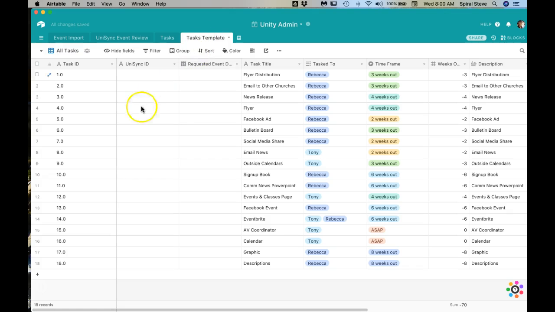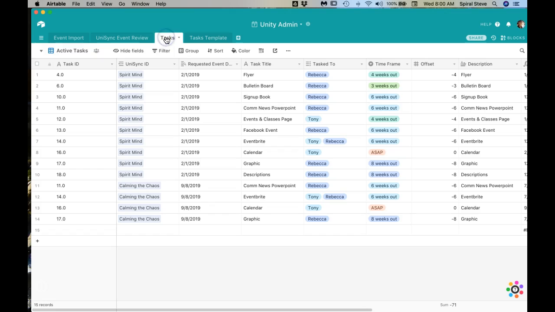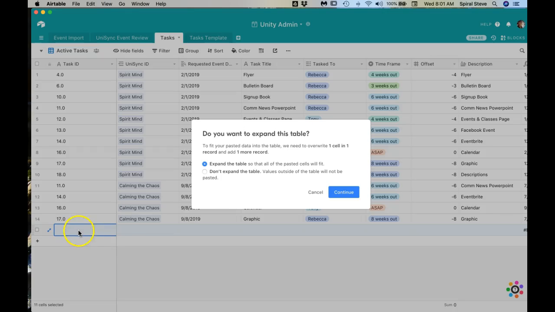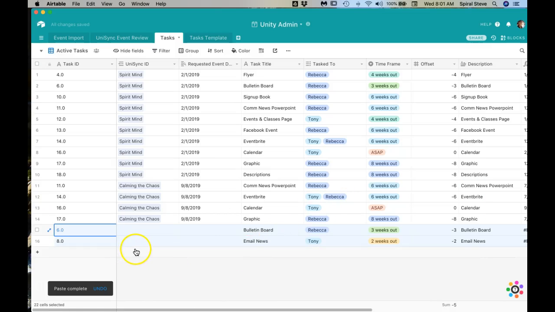Go over to the tasks template. I'm just going to select 2 tasks here for this example. Do a Command or Control C to copy them. There they are. Go over to the task table, click on this new row here, and do a Command or Control V, and it says, do you want to expand the table? Yes. So now I've put these 2 tasks in here,